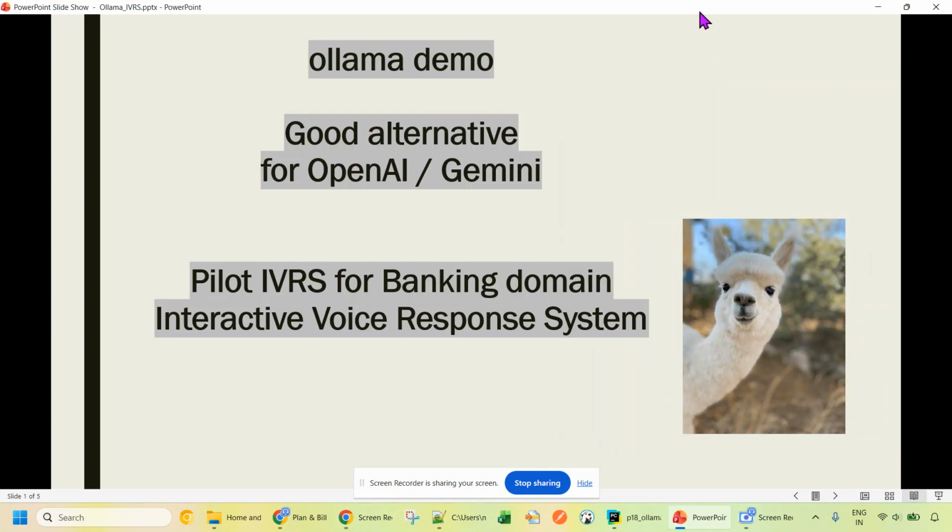So, what is IVRS? For a banking system, let's say you are calling a banking customer care person and you are asking different types of questions, raising some concerns. If there is a human, that person will take care of your concerns, and if it is possible, will try to resolve your query or will give you a ticket number and then you can follow up on that. Same concept here, except that this time the backend person, the first layer, will be the AI system